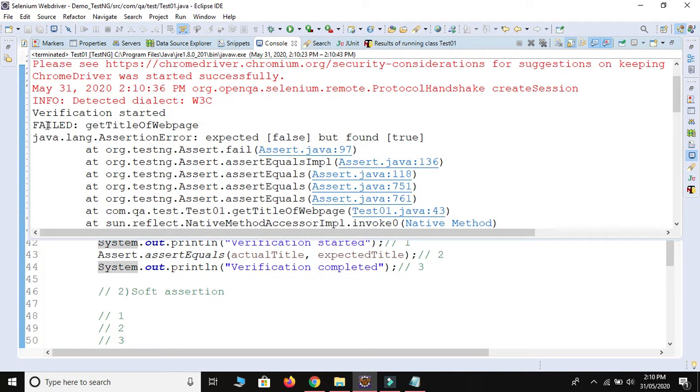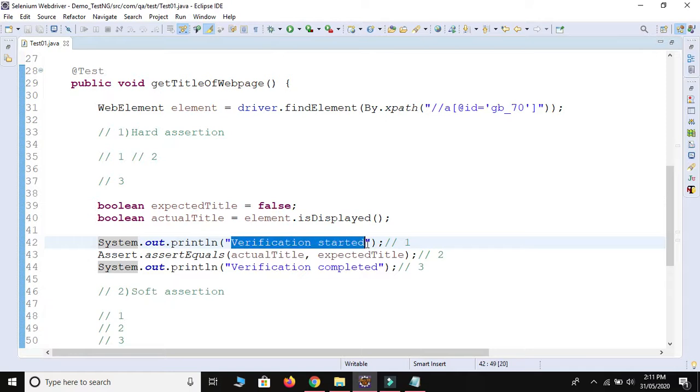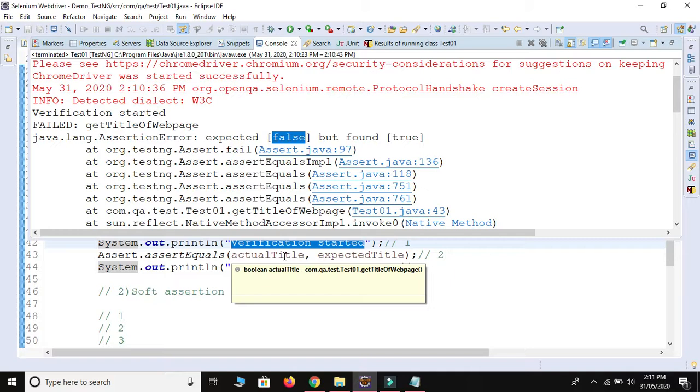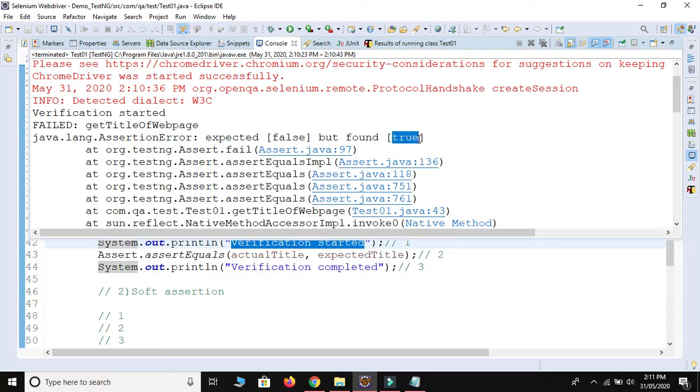So we get verification started. This line is printed, but my expectation is false, and the actual is true. This is the actual value, but we expected the web element is not there on the web page, so we provided expected as false, but we found true.